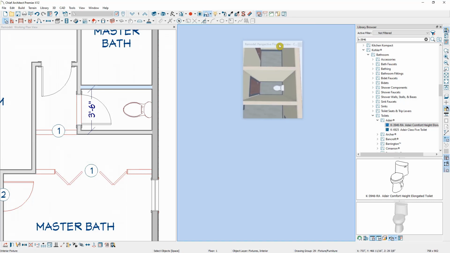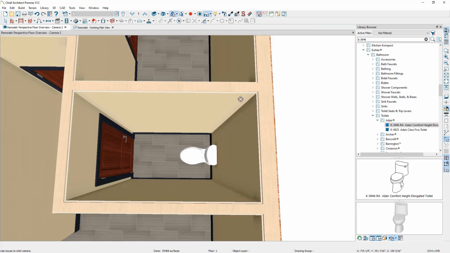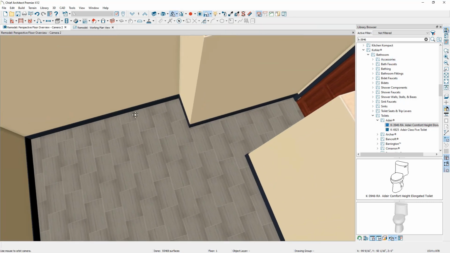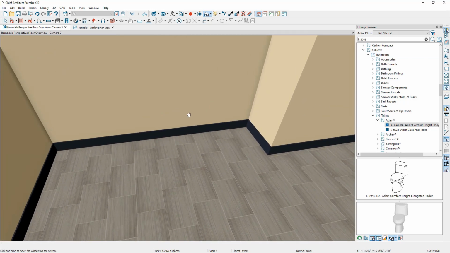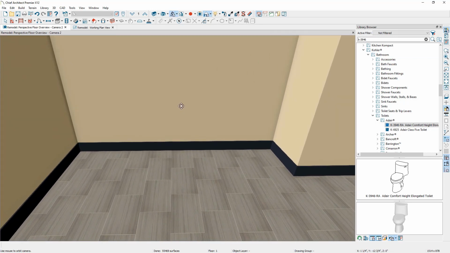So next I wanted to review the kitchen and bath cabinetry design features in Chief Architect. We're not going to spend a whole lot of time on them because we have a dedicated webinar on kitchen and bath design, but I just wanted to briefly review that there are a lot of powerful features for cabinetry